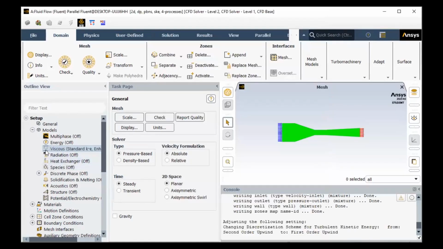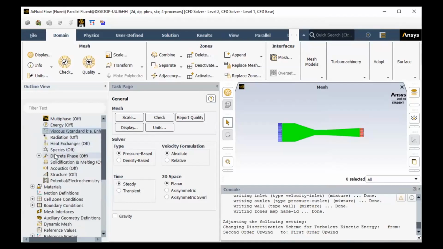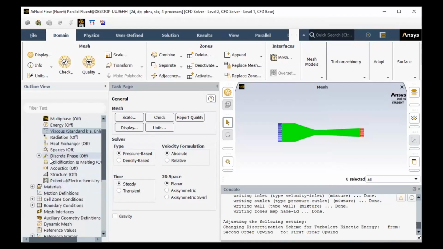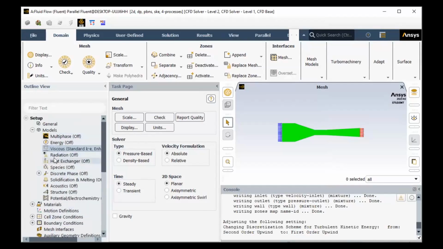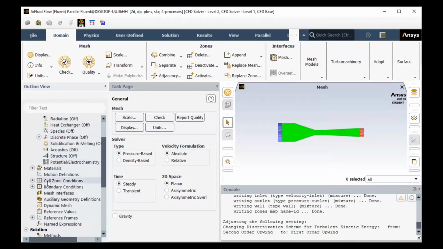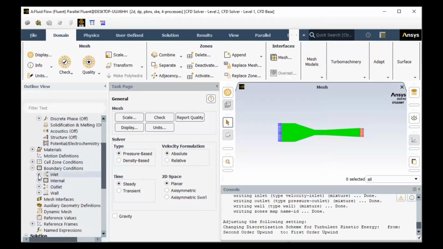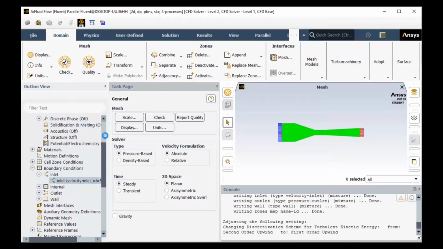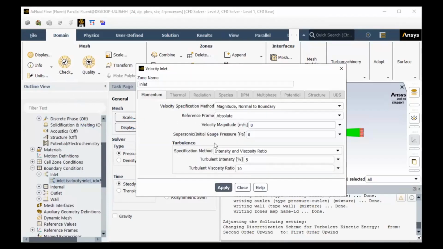So now that that's set, we want to do our boundary conditions as well. Where is this? All right, here, boundary conditions, inlet. We want to edit our inlet velocity. It's going to bring up a pop-up display right here. So the velocity of the inlet,